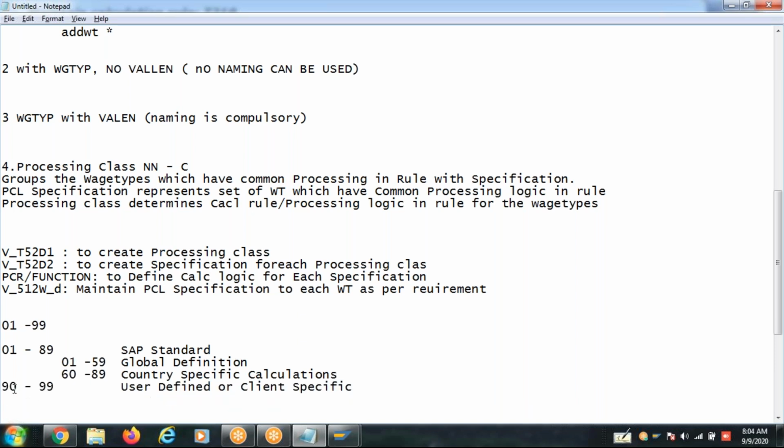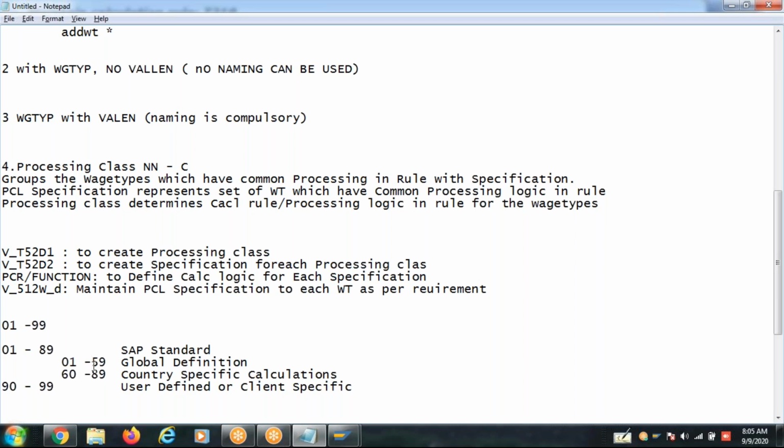So that means there is no rule that 01 to 89 will be used in all the countries. For example, I've never seen 07 and 08, and 14, 15 processing classes. So don't think that all 89 processing classes are there.